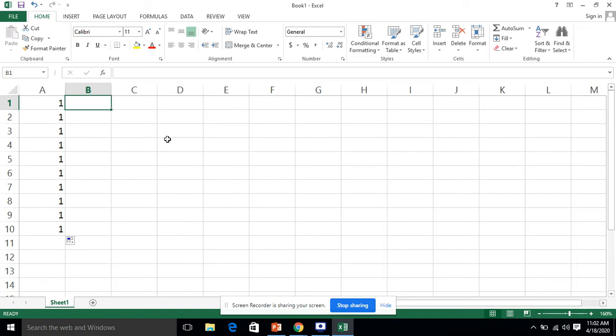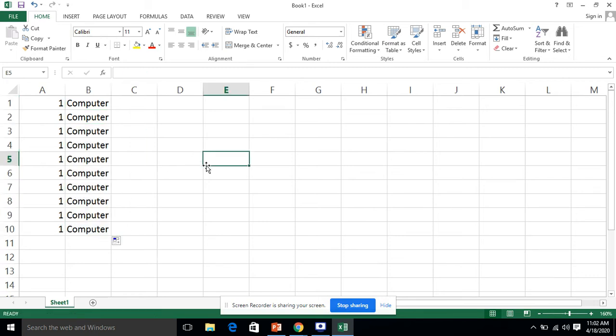For example, if I write computer over here and I go to this cell and drag it from the down right corner, computer will be copied in all the cells. It is a simple strategy to autofill a column, for example, where you are going to mention the subjects for all these students and all these students are having computer. You want to type computer for each student. So you can type computer over here and drag it down, and it will be filled automatically.